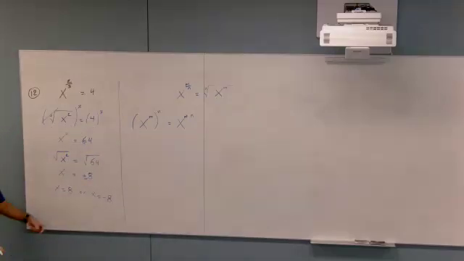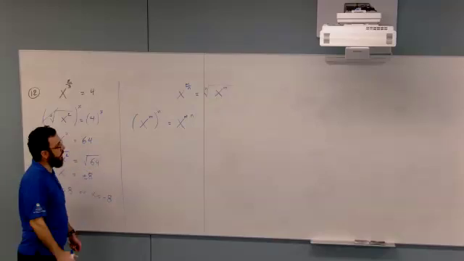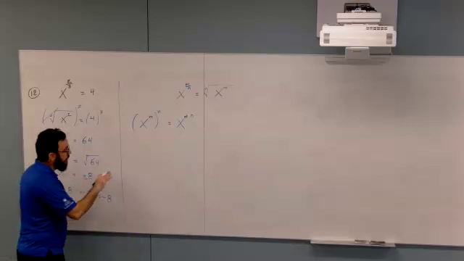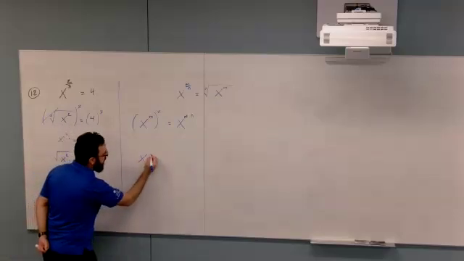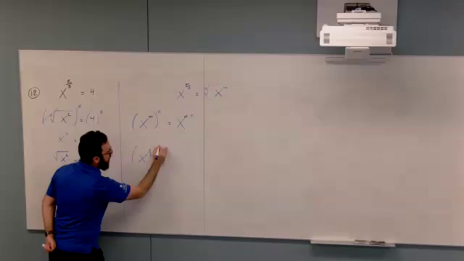This is the exponent rule. We're just trying to refresh our memory, okay? Is that cool? So now, if you have x to the power 3 over 5 raised to the power